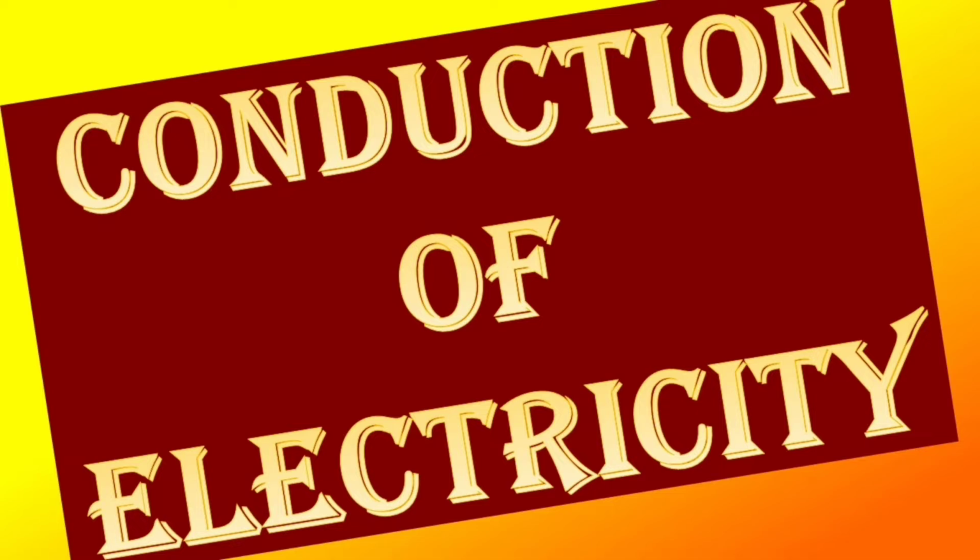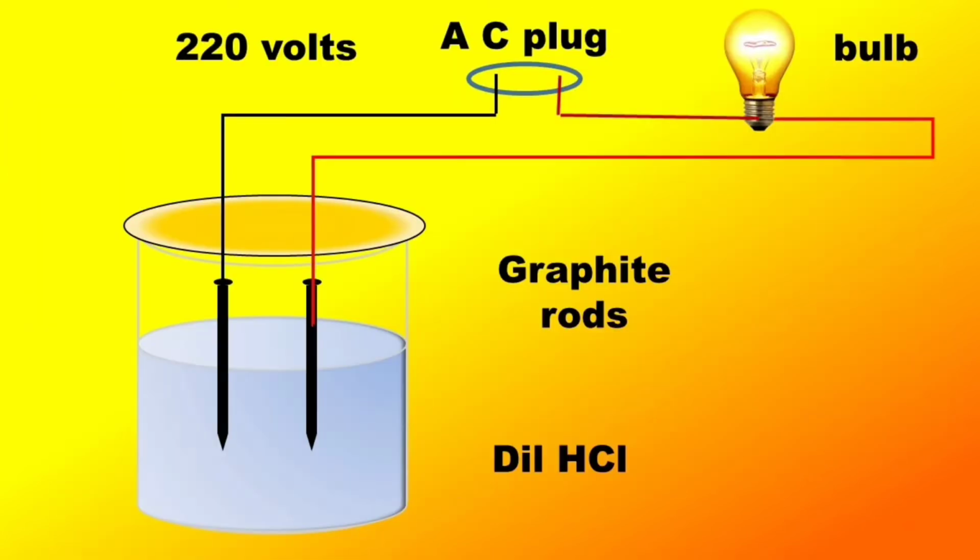From previous activity, we have got to know that acids on reacting with metals produce hydrogen. Let us check whether all acids contain hydrogen or not. Connect two different color wires to graphite rods separately in a 100 ml beaker as shown in the figure. Connect the free ends to 220 watts AC supply. Complete it by connecting the bulb to one of the wires.